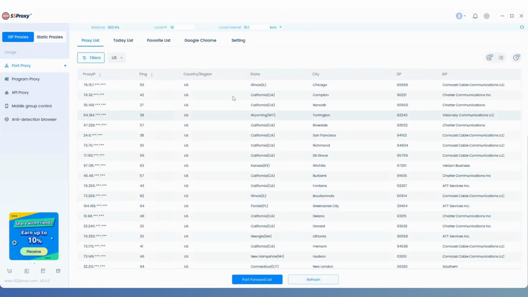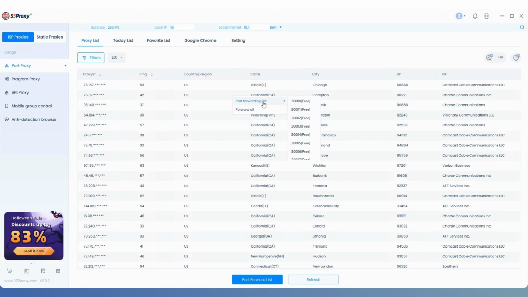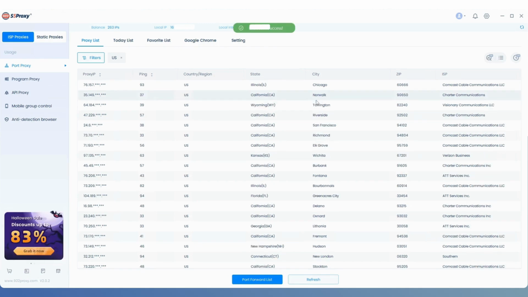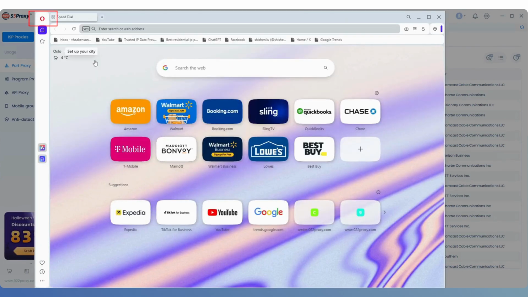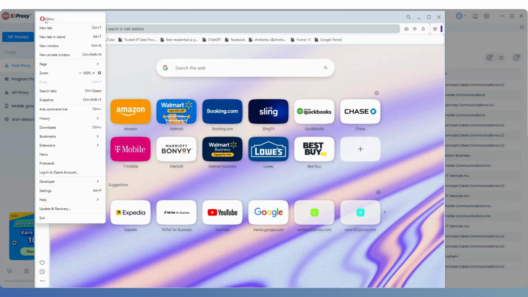Next, we choose an IP, right-click on it, and forward it to an available port. After successfully forwarding, we click on the port forward list below, find the extracted IP, and click the Copy button on the right. Next, we open the Opera browser, click on the logo icon in the top left corner, find